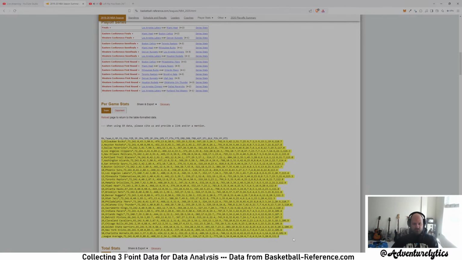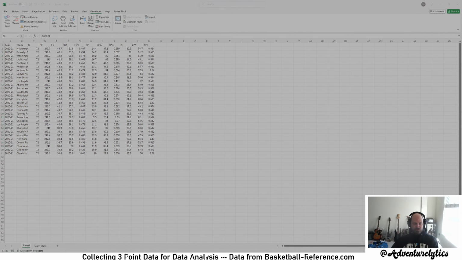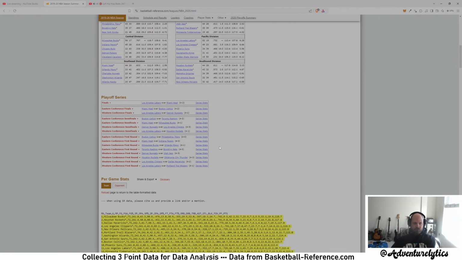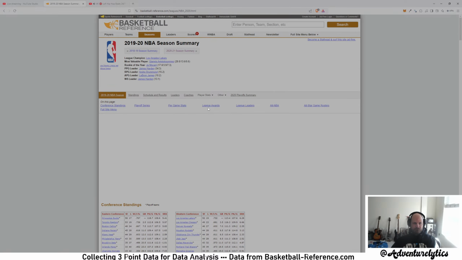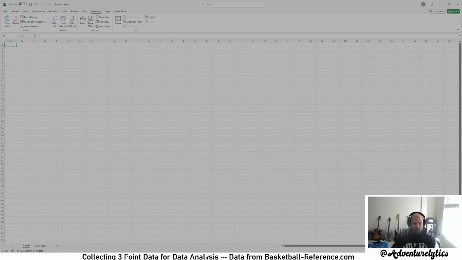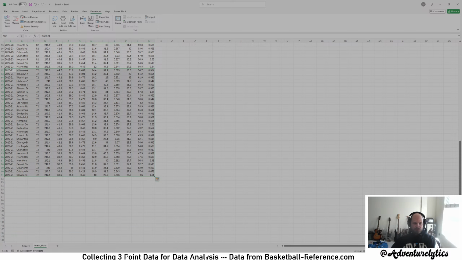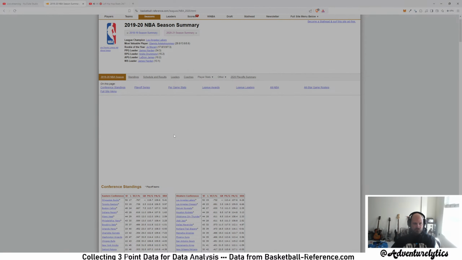I could just get these as Excel workbooks, but I don't want to open up each and every workbook. Did I copy these in? No, I did. Okay. This is the problem with doing manual data, is that sometimes you can get kind of lost, and it does take a little while. But you know what? Sometimes that's okay.